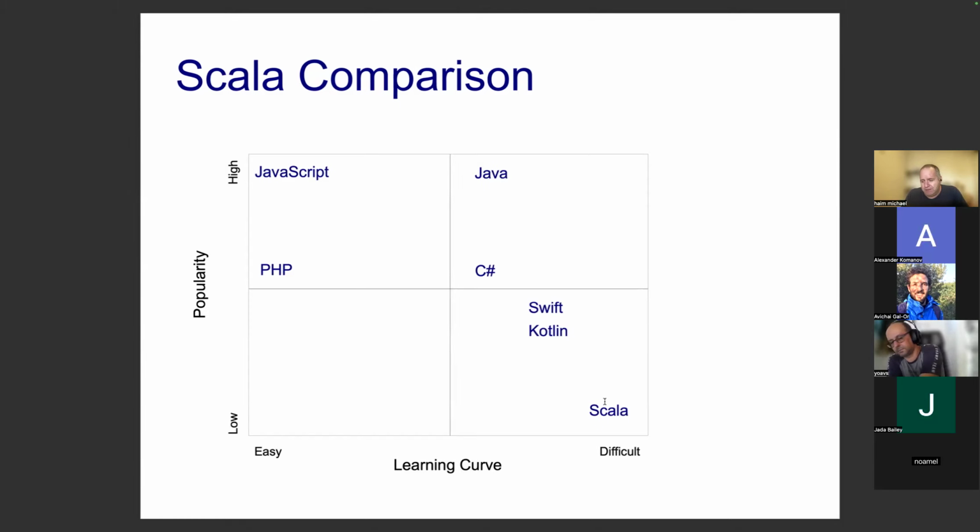Now, Kotlin, Swift, and Scala are very similar, especially Kotlin and Scala, because both were developed based on Java. The main use of Kotlin and Scala is writing your code in Kotlin or Scala, and then compiling it into Java bytecode, the same as if you were coding in Java. So you can code in Kotlin, compile the code into Java bytecode, and combine it with other Java bytecode coming from code that was developed in Java or any other programming language that you can compile into Java bytecode. And the same with Scala.